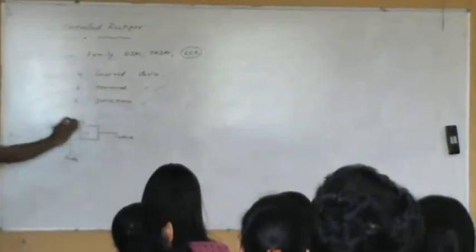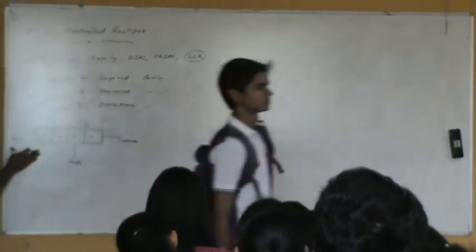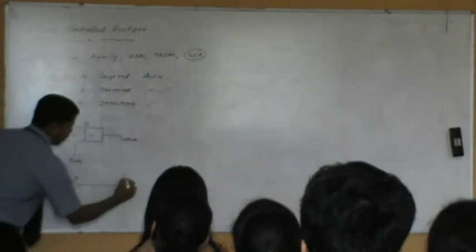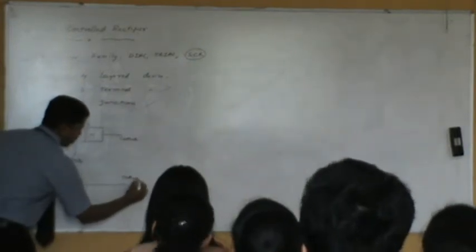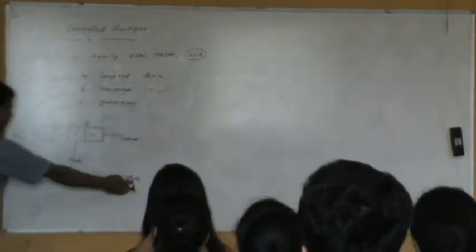Yesterday's class we explained the working of this, how this device behaves. This device behaves more or less like a diode. A diode acts like a switch like this. Suppose you have one side an anode, another side a cathode. A diode is just like a switch. If you apply forward bias across this anode and cathode, this will become a short circuit. If you apply reverse bias between anode and cathode, this will be an open circuit.